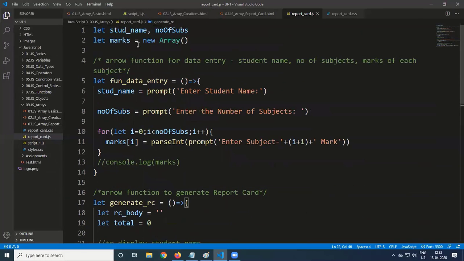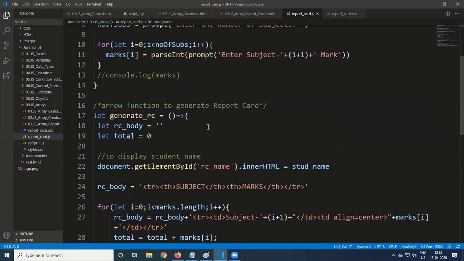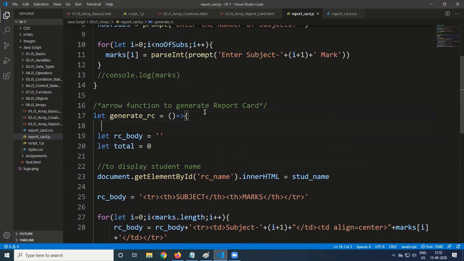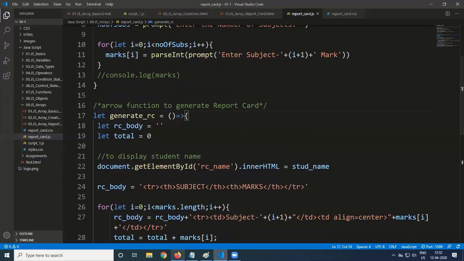Whether the name value is already given or not. If the student's name is entered, then only we can say that the first student value is being assigned. So if student's name is equal to nothing, I'm giving the value nothing. So what I do is, to check data entry is completed, then only generate report card to be enabled. If the data entry is done, then only that particular generate report card to be enabled.